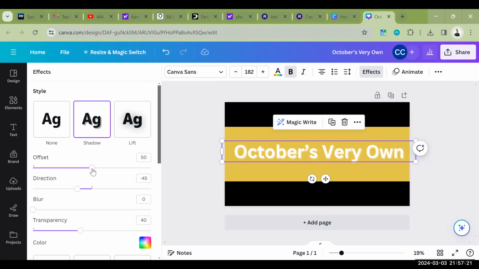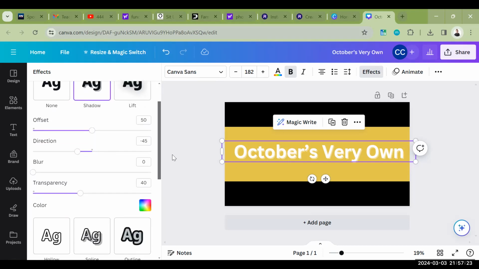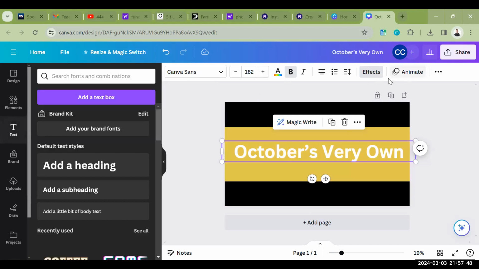Okay, and let's play around with some of these settings now. So we have the shadow. So if we can decrease the offset, decrease the transparency. Very good. And if you want, you can also experiment with some of the other